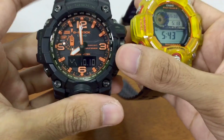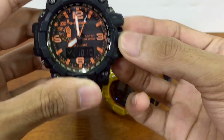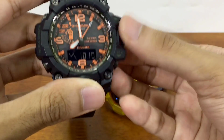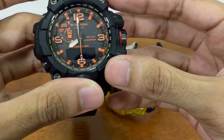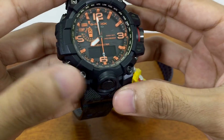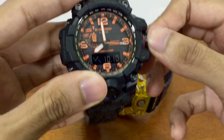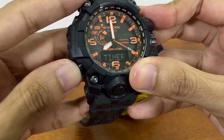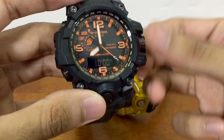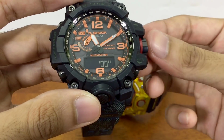On the MUDMASTER, however, it's very hard. You need to unlock the crown, rotate it downwards just to set the time. You guys should know that. If I need to pull the crown, now I could set up this home time setting. And if I want to change the countdown timer on the MUDMASTER, I need to go to the countdown timer, of course, the stopwatch timer, and then I need to unlock the crown again and pull it out, and now I could set up the countdown timer here, which is time consuming